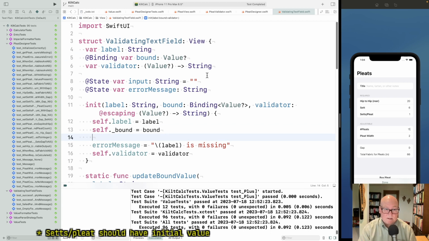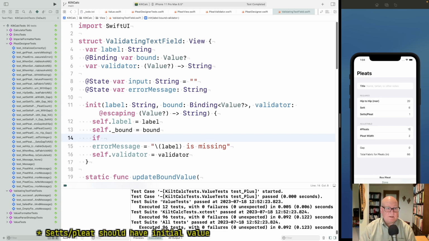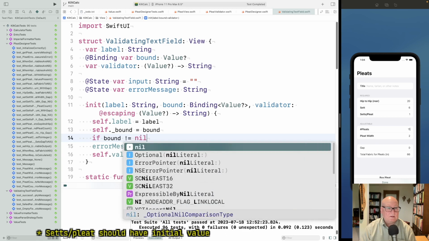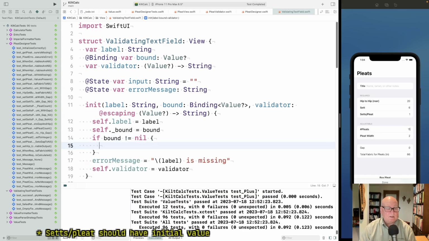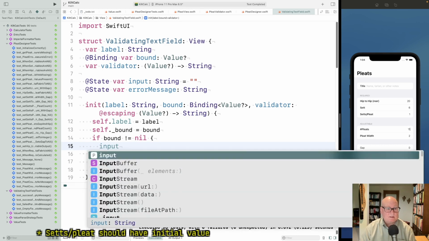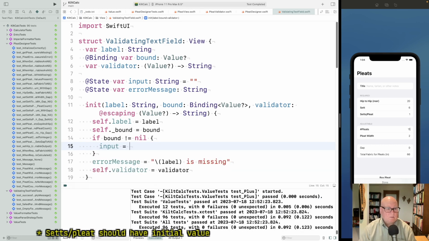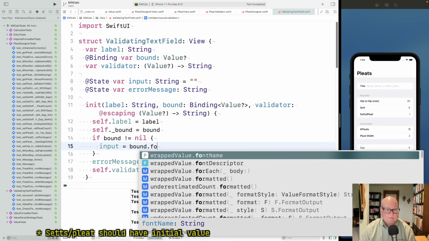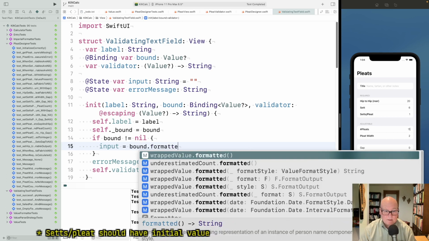And we're not attempting UI tests, so I'm doing this kind of off the top here. But if it's nil, then that's fine. But if bound is not nil, we want to put the value in input,